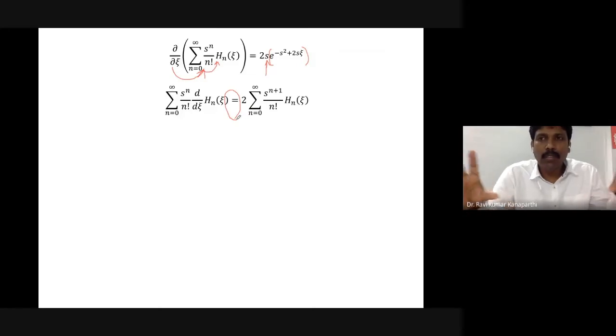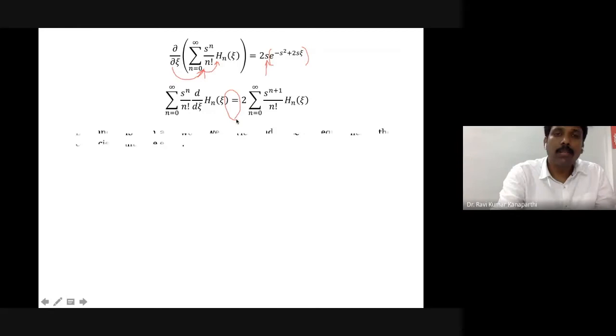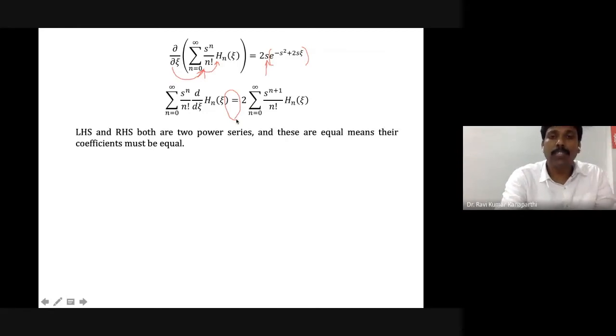This basically happens only when the coefficients of the power series on the left hand side and the coefficients on the right hand side are equal to each other. Then the power series become equal to each other, right? So both the coefficients have to match. Basically, one can match the coefficients to maintain the equality. Then what we can do is match the coefficient of the same term.